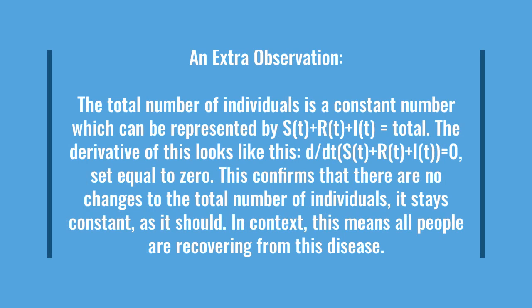And then just a little extra observation about it. If we make a function for the total number of individuals, S of t plus R of t plus I of t equals the total, the derivative of this would be set equal to 0, while that's set equal to the total. So this would confirm that there are no changes to the total number of individuals. It stays constant, which makes sense. And in context, this means that all people are recovering from this